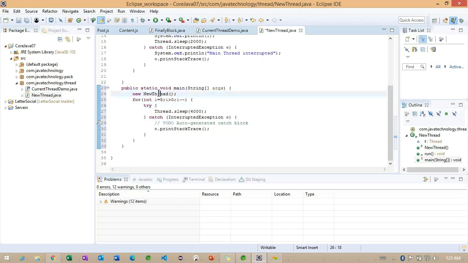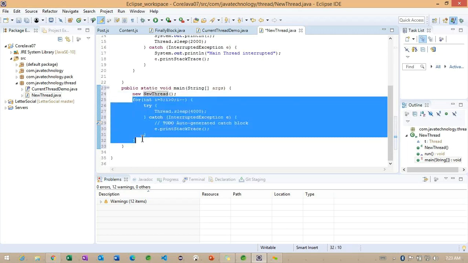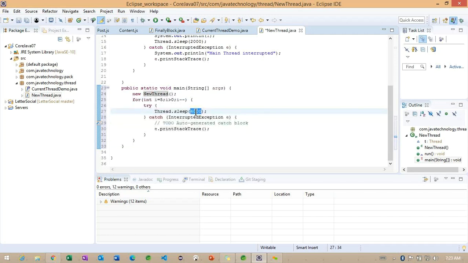Observe here, this is one more thread we are creating, and this code is going to be executed by our main thread. So the main thread is going to sleep around 4 milliseconds.